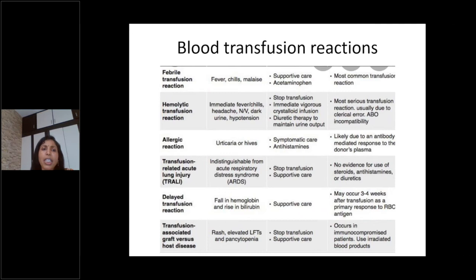And transfusion related acute lung injury. This is one important thing we all have to remember. TRALI is because of anti-neutrophilic antibodies that get deposited in the lungs, and that can trigger cytokine release into the lungs and then result in an ARDS kind of picture. So there is no evidence to use steroids in advance for this kind of situation. However, if you get into this problem, then we have to manage exactly like ARDS.